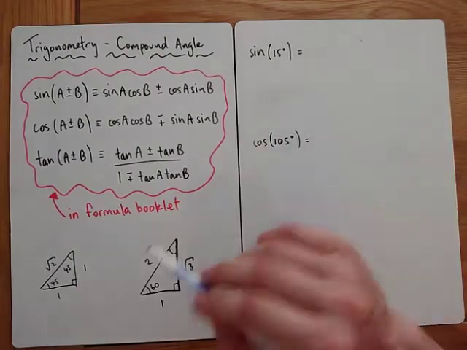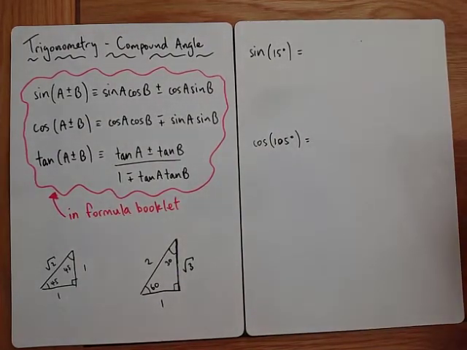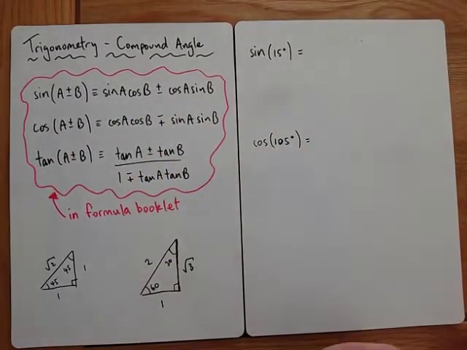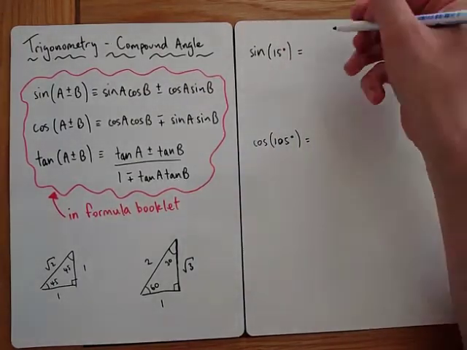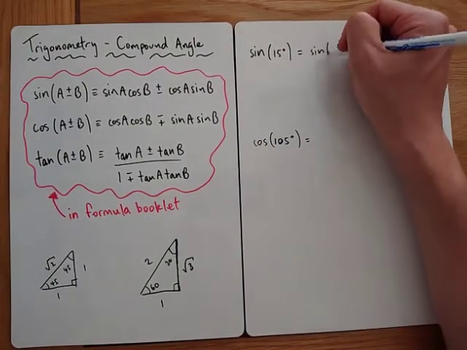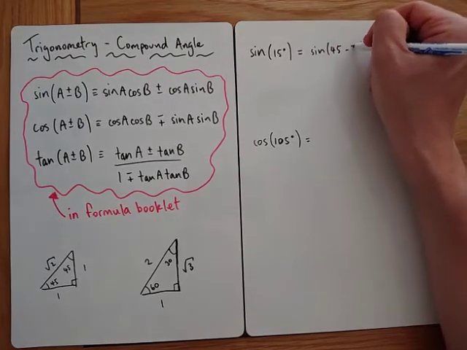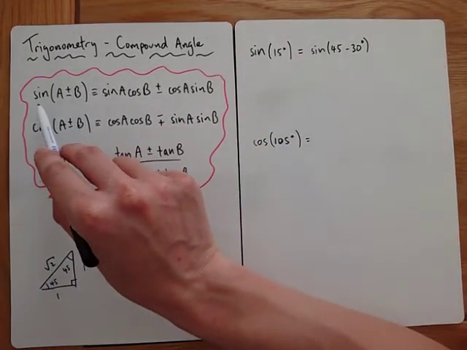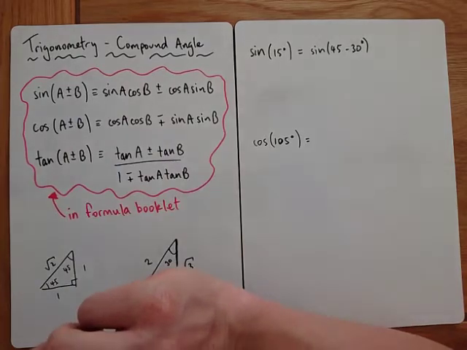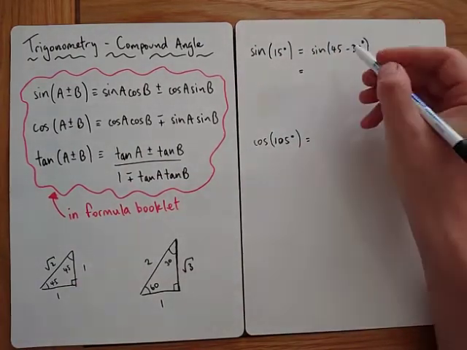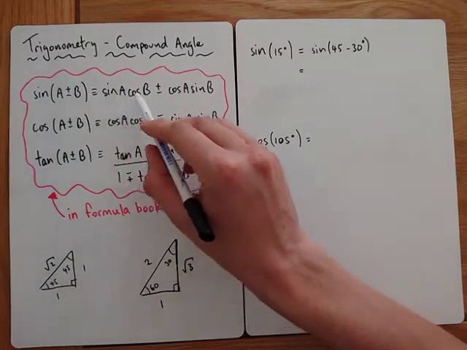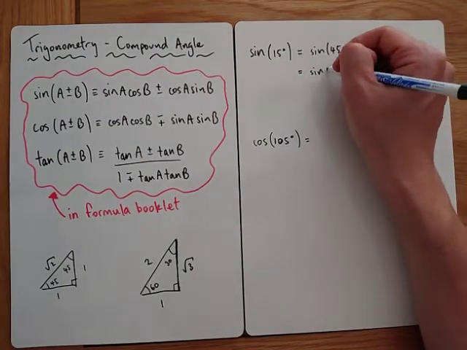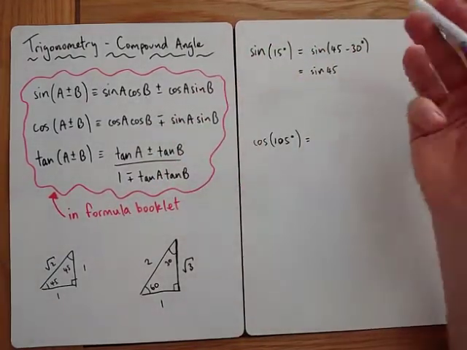If I didn't have a calculator and I said, what's sine of 15 degrees? We can do that without a calculator, just from knowledge of these identities and these two triangles. So I could say sine of 15 would be the same as sine of 45 minus 30. And then I could compare that with this identity, because I've got sine of a minus b. So that would be sine a cos b, so that would be sine of a, which is 45, cos of b, which is